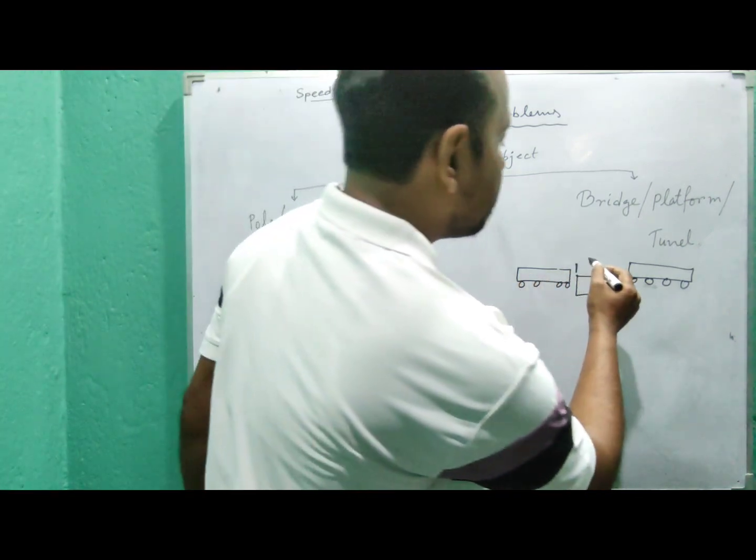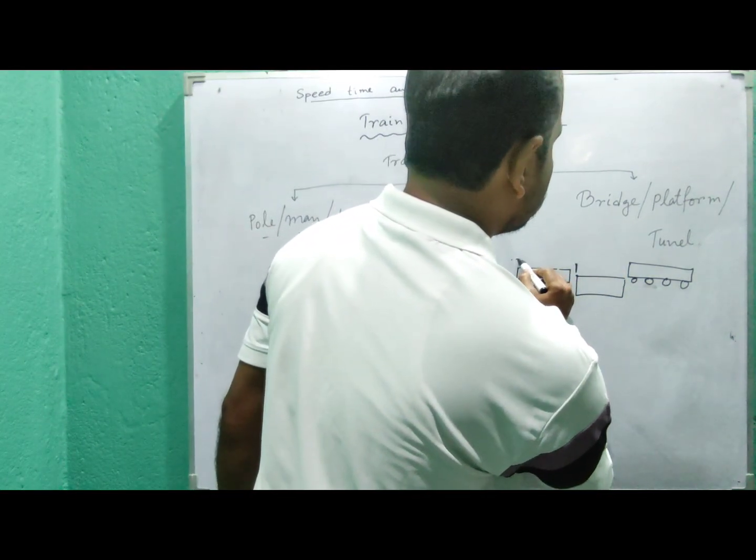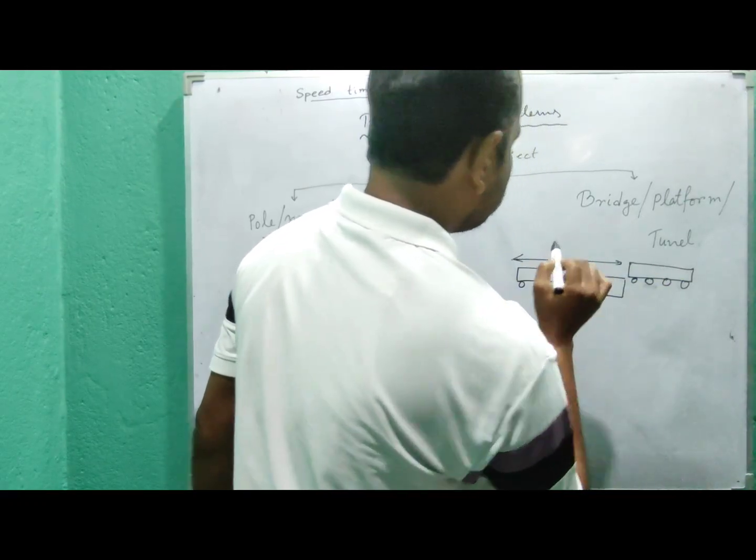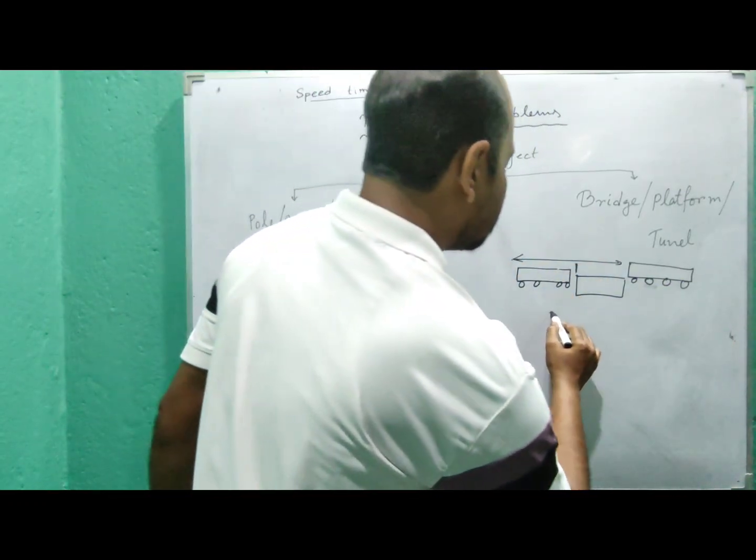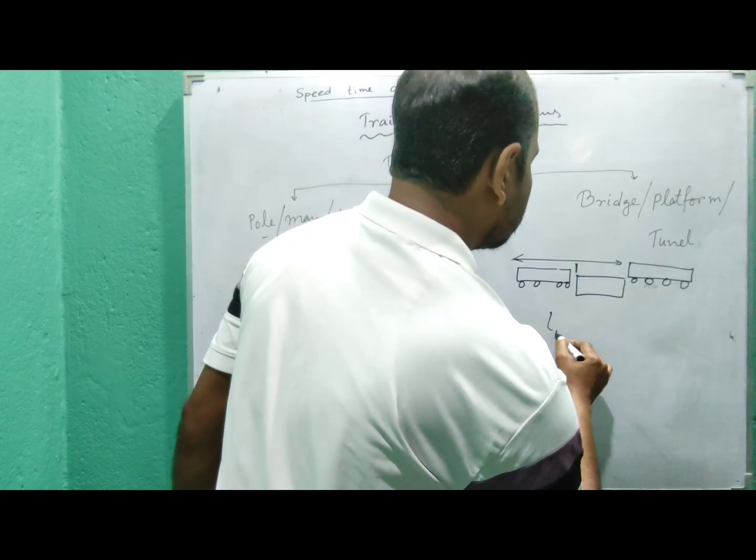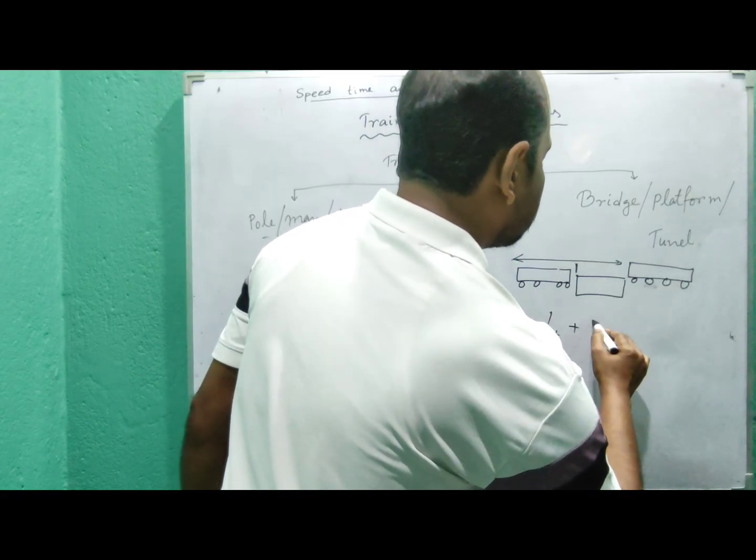So what distance is covered by the train? The distance covered by the train is the length of the train plus the length of the platform,